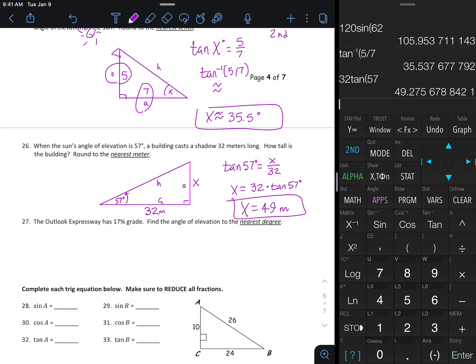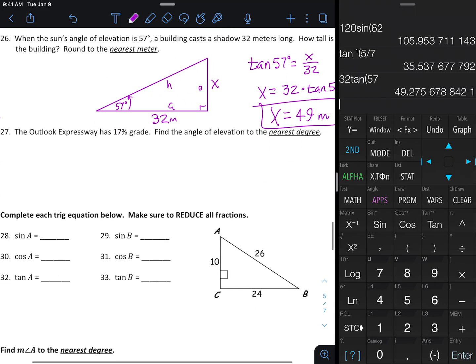Okay, probably one of our more missed questions here on the test is this question going on about grade. Grade is a different unit instead of an angle, so we're going to convert it to an angle, nearest to grade. So let's talk about what grade is. A 17% grade is kind of like a slope. It's a slope of